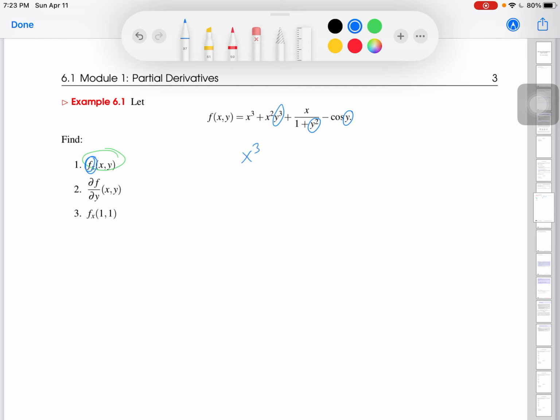So you might as well think of this as x cubed plus x squared times 2 cubed, plus x over 1 plus 2 squared, minus cosine of 2. It really is intended to be thought of as constant. I actually do not recommend doing it this way. I recommend thinking of it in this way, but not doing it in this way, because when we differentiate this